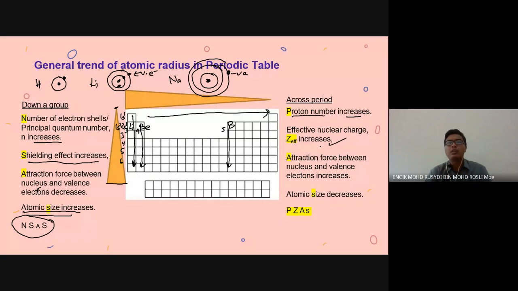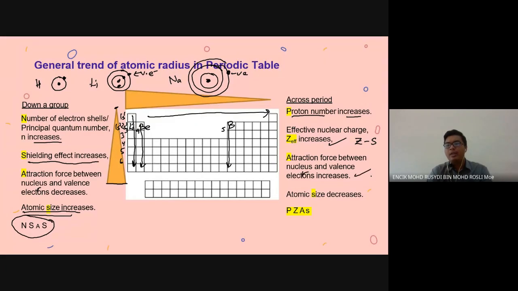Okay, so effective nuclear charge is the number of protons minus the shielding effect, or the inner electrons. Okay, so that is the effective nuclear charge. But as the proton number increases, the effective nuclear charge also increases. Okay, and so what happens when the effective nuclear charge, or ZEF, increases? The attraction force between the nucleus and valence electrons